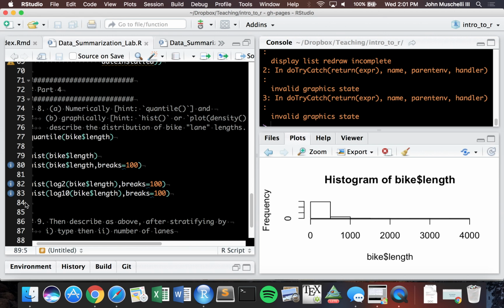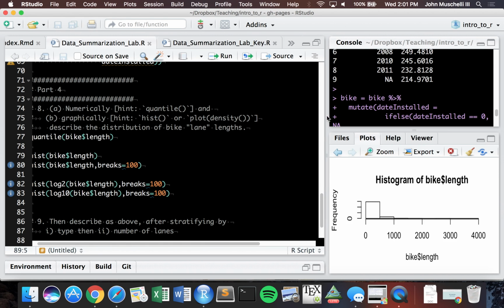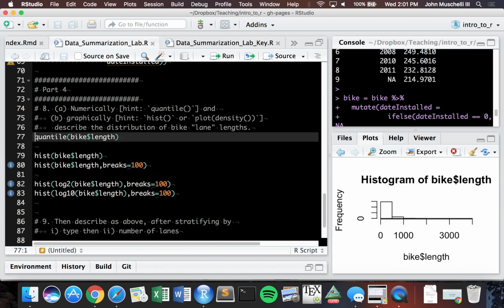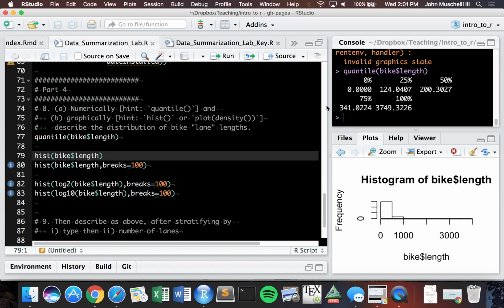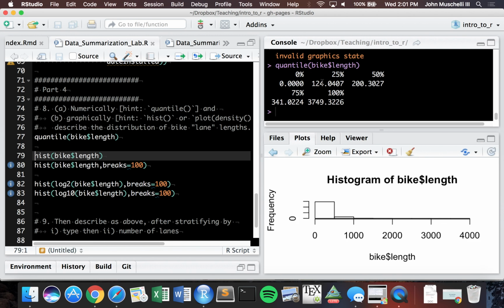Okay, let's look at the quantiles. Right, so we're going to use bike length. This doesn't have any missing data, so we don't have to use na.rm equals TRUE. But if we just hit quantile here, it looks like the 25th percentile is about 124, and then 200, 341, and then there's a really, really long bike lane. Right, so if we do the histogram of that,